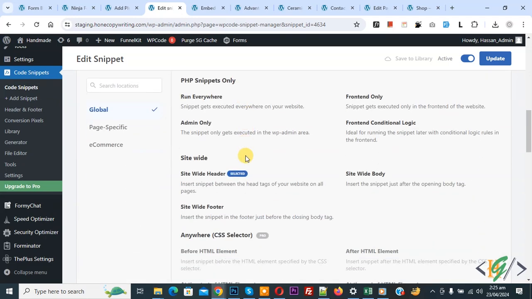Now select. So you can select site-wide footer, body. Now you see insert the snippet in the footer just before the closing body tag. So you can select according to your requirement and then click on update. So in this way you can insert PHP snippet on site-wide header, site-wide body and site-wide footer by using